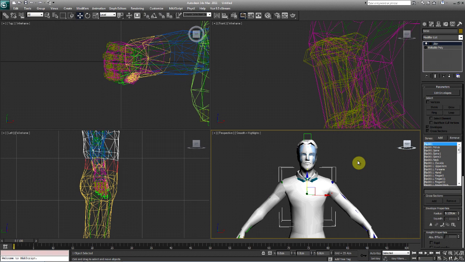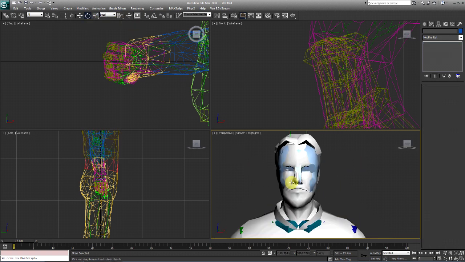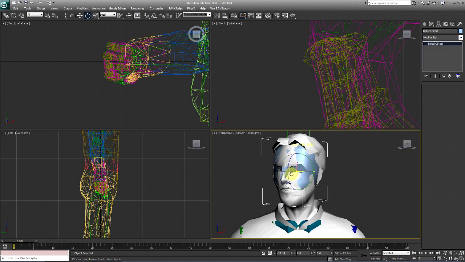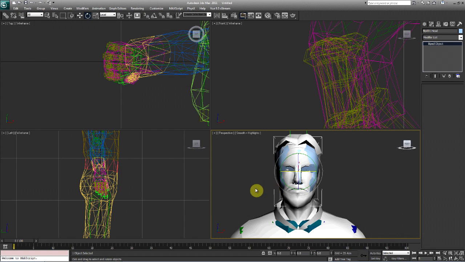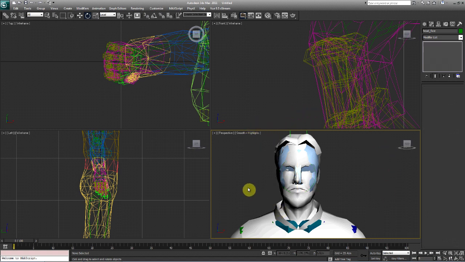One thing I want to start with is let's take a look at his face. I'm going to move his head around. See how it gets scrunchy and it stretches? Our faces don't normally do that. One of two things is the reason why it's doing that. One, the envelope isn't strong enough. It's not reaching the full parameter of the face. And I'm going to show you what that means.